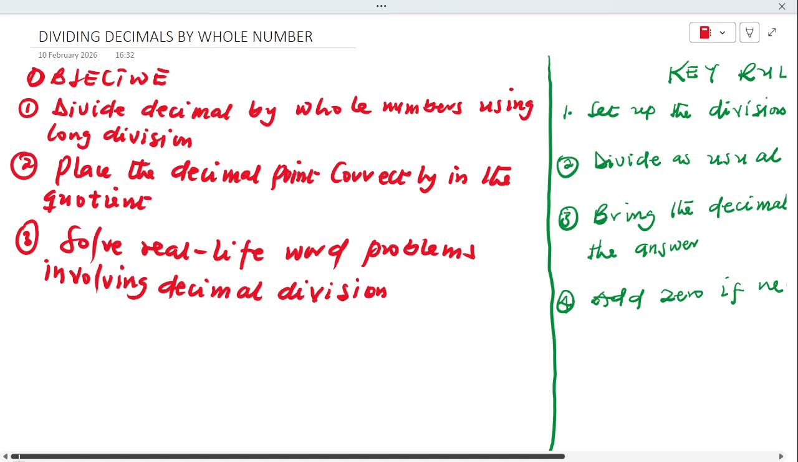Today we are going to learn how to divide decimals by whole numbers using the long division method. This is a very important grade 7 math topic because it helps us solve problems involving money, measurement, and real life situations. And I assure you that by the end of today's video, you'll be able to divide decimals confidently using